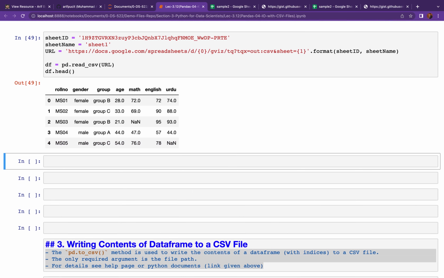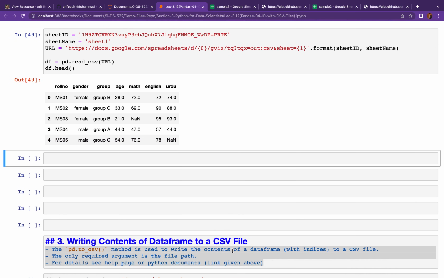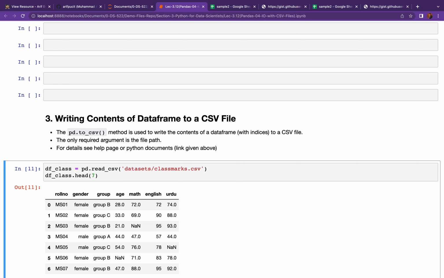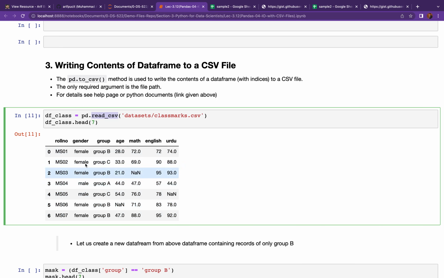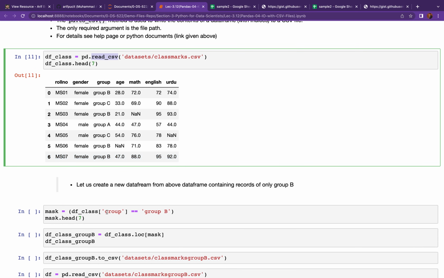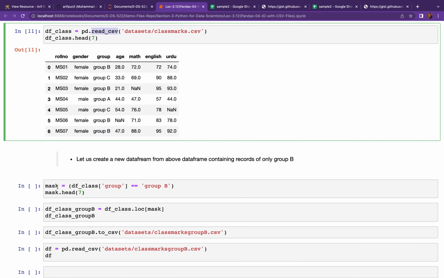Okay, so let me move ahead. Well, writing contents of a data frame to a CSV file. My dear students, let's suppose that I have a CSV file, class marks, and it contains a lot of rows. I have just displayed 7, and I just want to select only those rows which belong to group B, let's suppose. So this row belongs to group B, this row belongs to group B, these two rows also belong to group B. So if I want to do this, what I need to do is I need to create